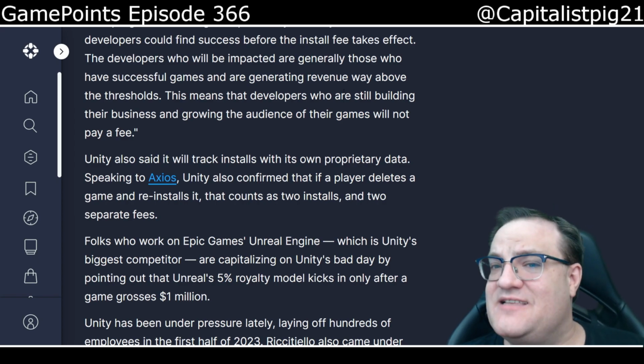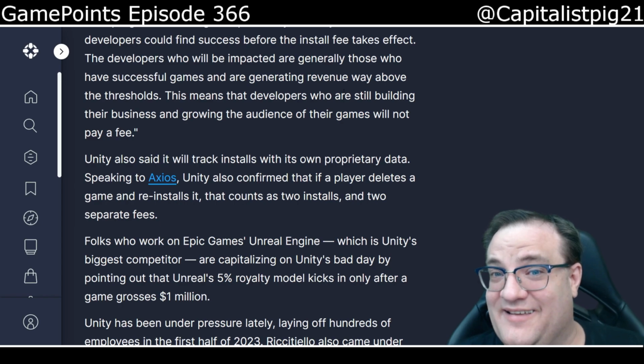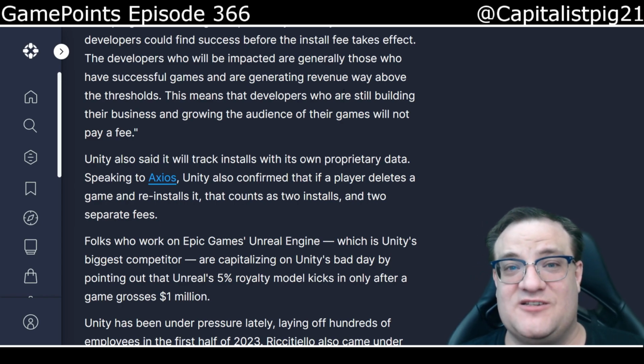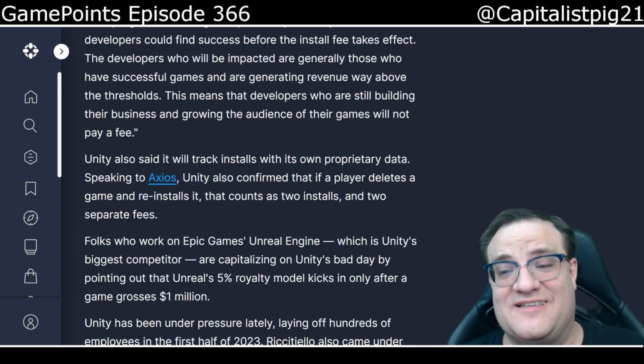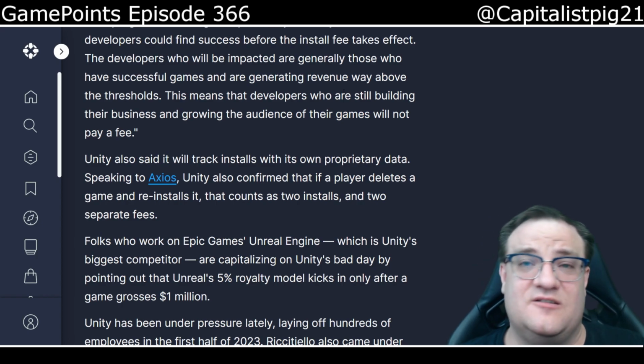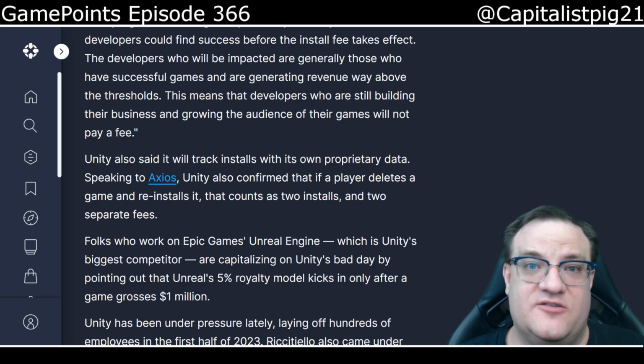In fact, being sent a bill by Unity saying you owe us this much, despite wiping out all their profit, and then making them go into debt. Of course this is going to be misused. Of course this is going to be abused by people online. There's no way it's not.